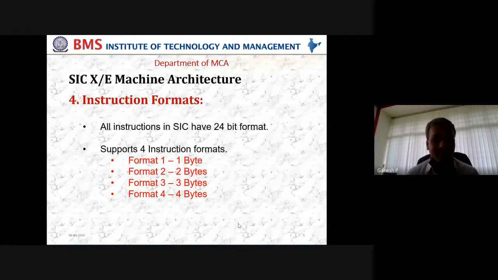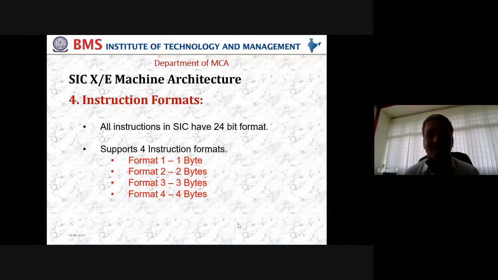So when I say return as part of my assembly programming language, the program from the called function will come back to the calling function. So return is only an instruction opcode. I'm not specifying any address. But where is the address now? The address is stored in the link register. We know the link register L, which stores the address of the calling function, so that I can come back to the main function or the calling function and resume my work. If that is the case, we have a link register that is storing the address. So return is an example of a zero address instruction, meaning that we are not going to provide any address as a part of the instruction.